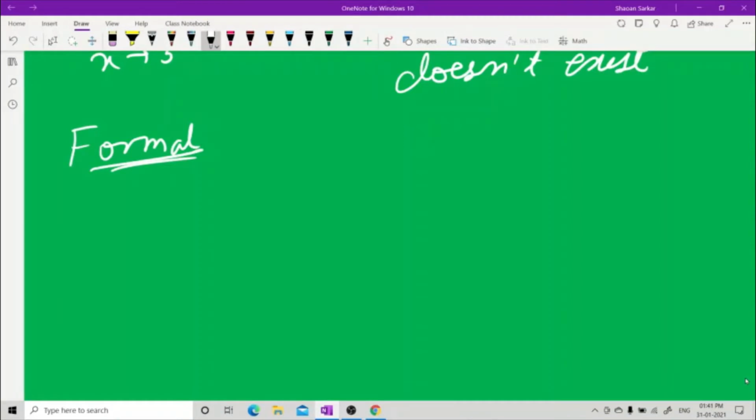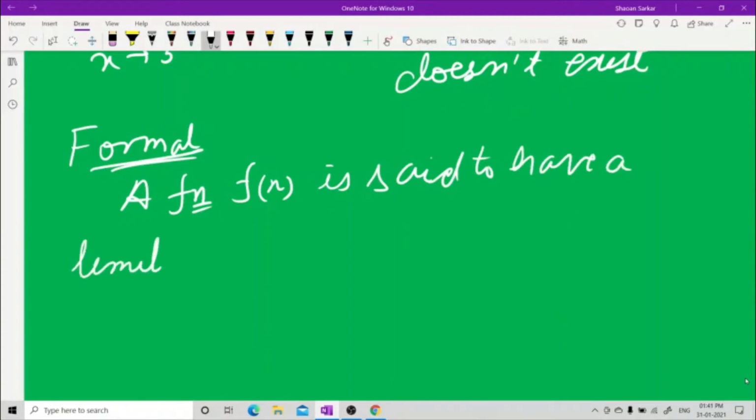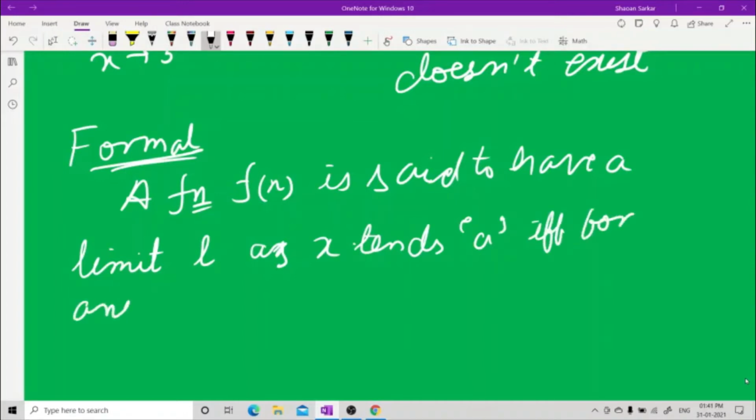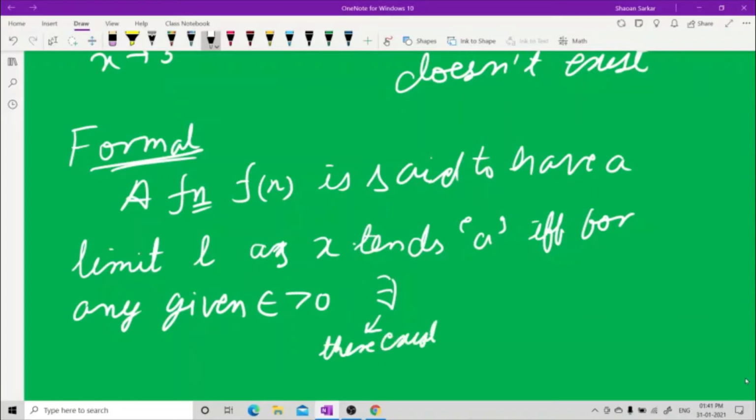Formal definition. This says a function f(x) is said to have a limit L as x approaches a, x tends to a, if and only if for any given epsilon greater than 0, this is given to you, there exists, this is the symbol of there exists, this means there exists in maths. Those who are coming from non-maths background understand this. There exists a delta greater than 0